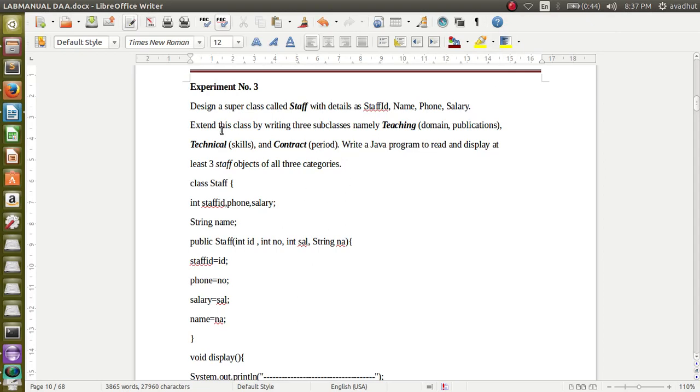The experiment number C3's problem statement says that you have to create a class called staff. This will be acting as your superclass. Then you are going to create another class called teaching, which is inheriting the details of its superclass staff. Then one more class you are going to create, technical, which is again inheriting the variables of its